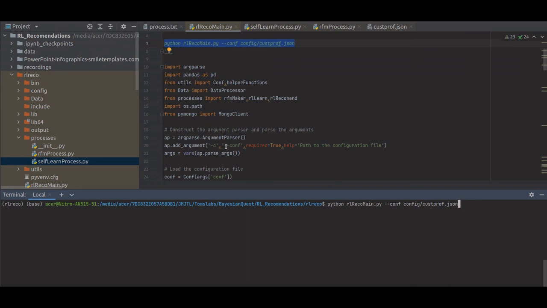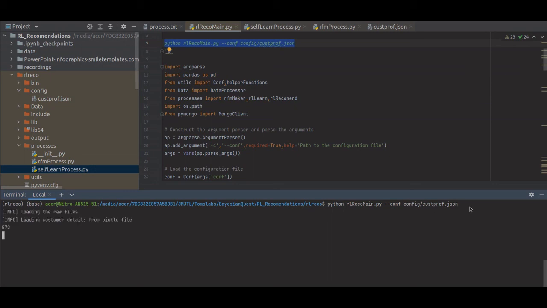The argument starts with --conf, saying that this is the argument, and this is the path to it. You know that the JSON file is in this config file, so that's what we give. Let's just run this. It'll take some time, so I'll pause this video, and once this is loaded, we'll come back to it.